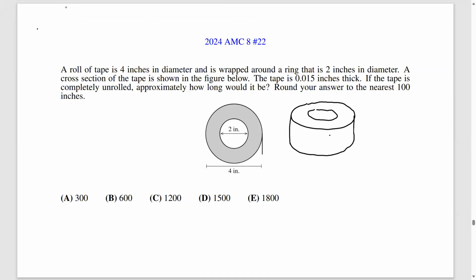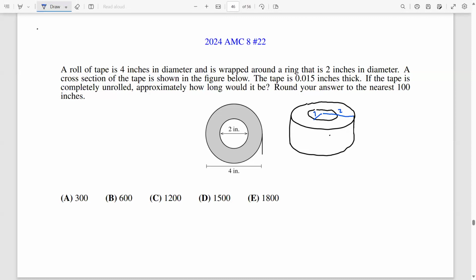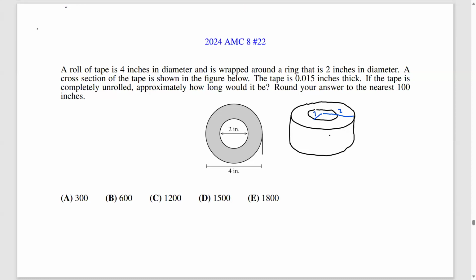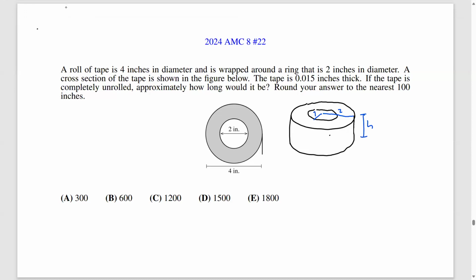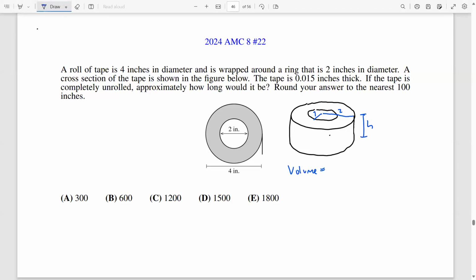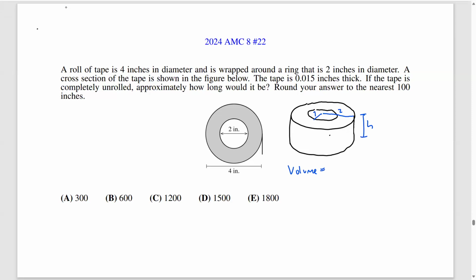So the outer radius of this roll of tape is 2. The inner radius is 1. We don't know the height of the tape, so we'll just assume it's h. So if we take the volume of this tape roll, we'll take the base area times the height,